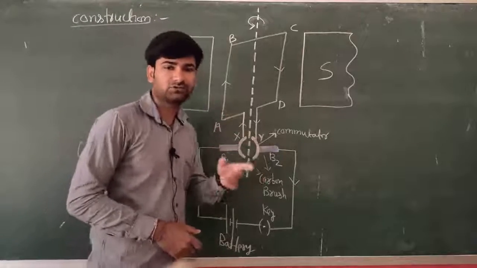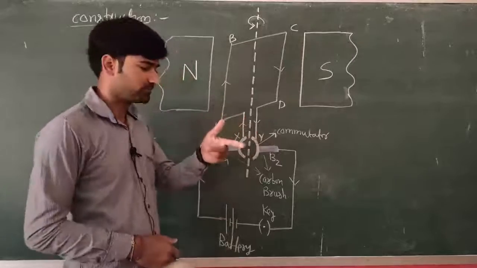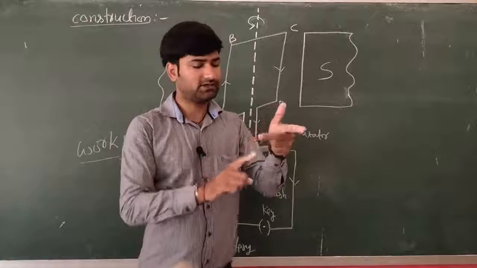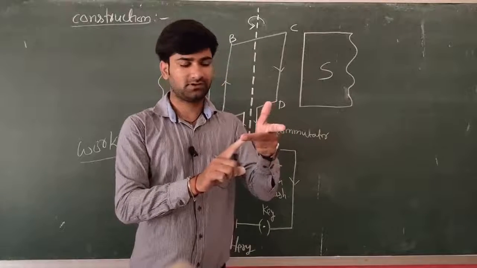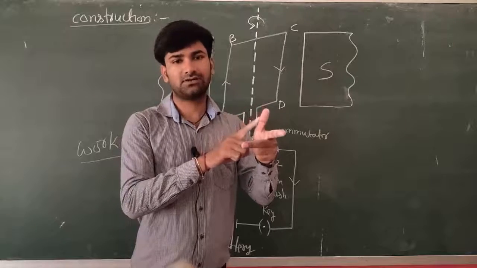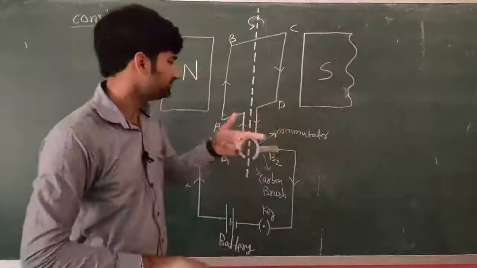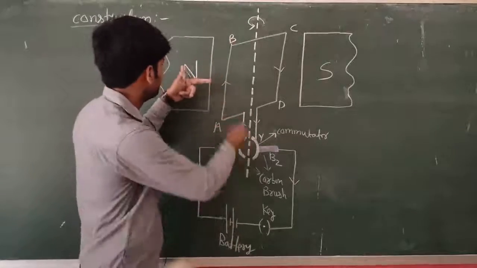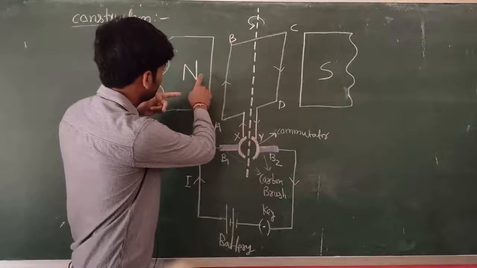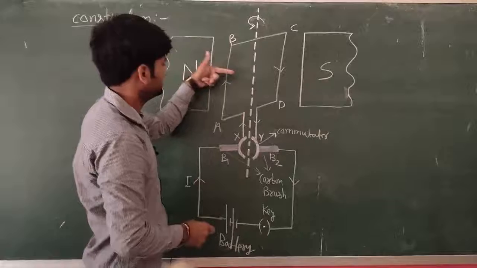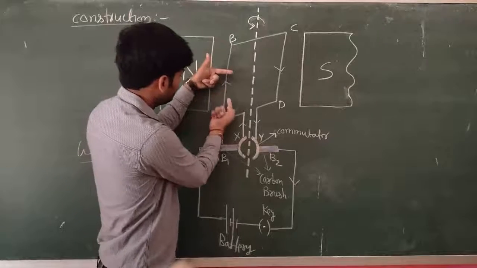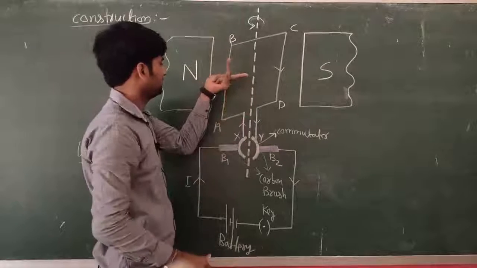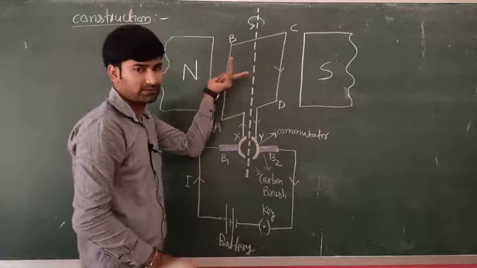We can find the direction of force by using Fleming's left hand rule. According to Fleming's left hand rule, if the forefinger is in the direction of magnetic field, the middle finger is in the direction of current, then the thumb will show the direction of force. So we can apply Fleming's left hand rule here, because the magnetic field moves from north to south. So this is the direction of magnetic field, and current is flowing in the upward direction. So this is the direction of current. Then force will act inward to the blackboard.